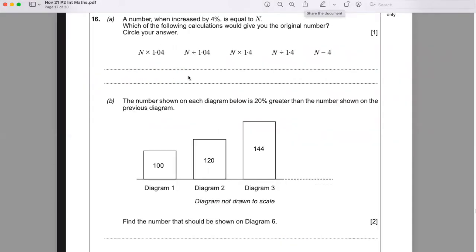Question 16, a number when increased by 4% is equal to n. Which of the following calculations would give you the original number? Right, so this is a little bit like reverse percentage because they're asking you to go back to the original number. So when you increase a number, basically your multiplier,